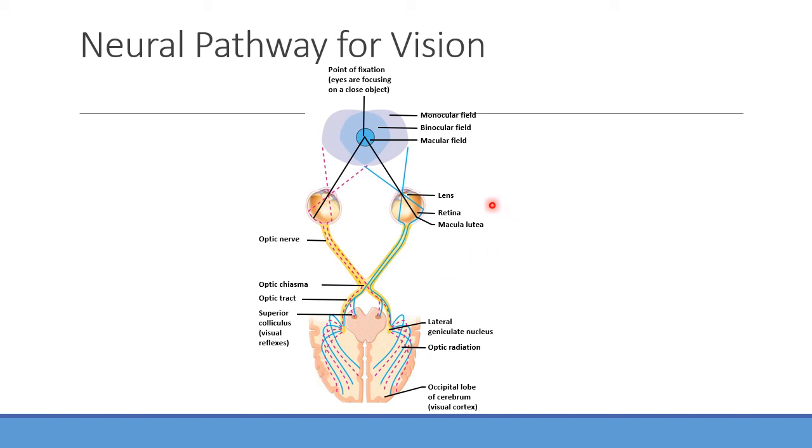On the flip side of that, if I have something that's being focused onto the lateral aspect of the right retina, that's going to travel along, and then where do you notice it ending up? Right side of the brain, good. And then something that is being shown onto the medial aspect of the left retina is going to be coming along, and then you notice it crosses over and then ends up there, right?